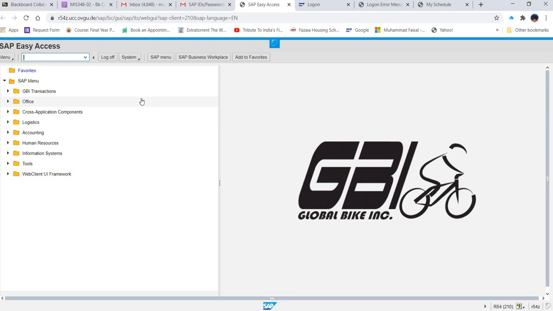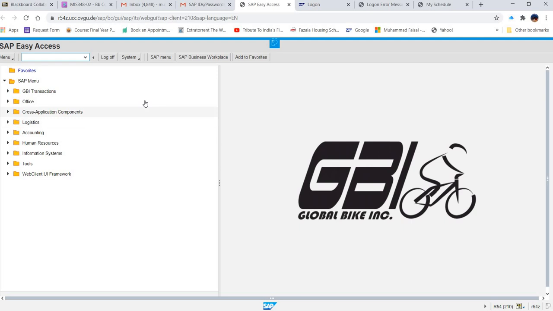In the web interface, you don't need to install any software. You must have internet, you must have a computer or laptop, and you will access this link. Once you enter this link, you will be inside the system, and then you just put your user ID and password, get in, and this screen is with you. Now when you have this screen, you can work with the SAP system. Today we will perform some transactions. I will give you a little idea of what these options are and how they work.